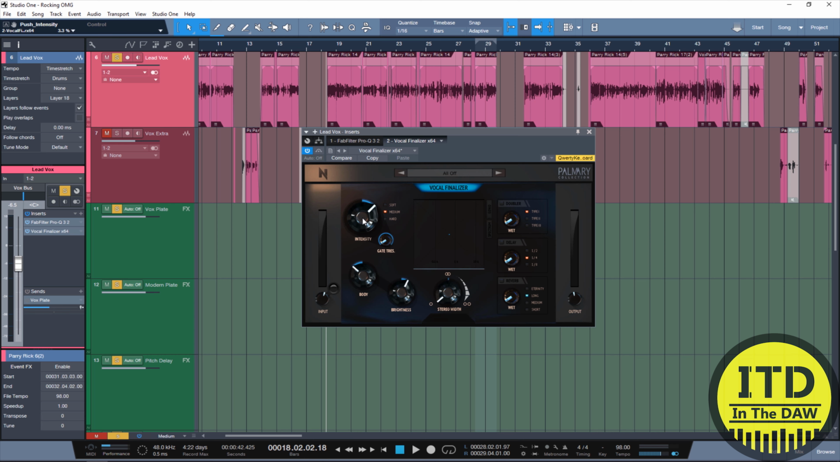Now I can use a little bit more compression. And let's try out the vocal doubler. We have 3 different types. Let's set the wet to all the way wet, and let's just take a listen, as well as messing around